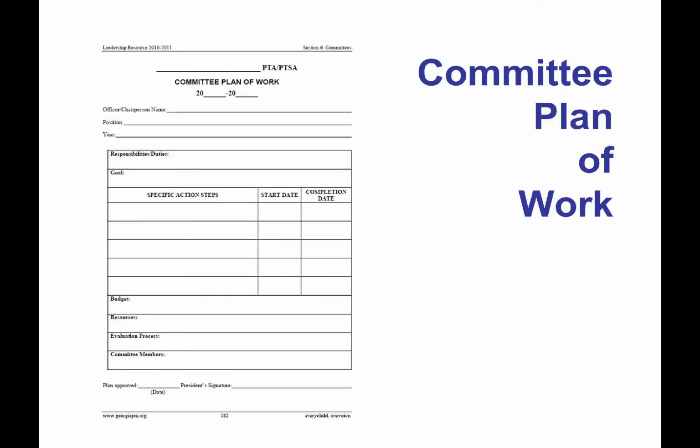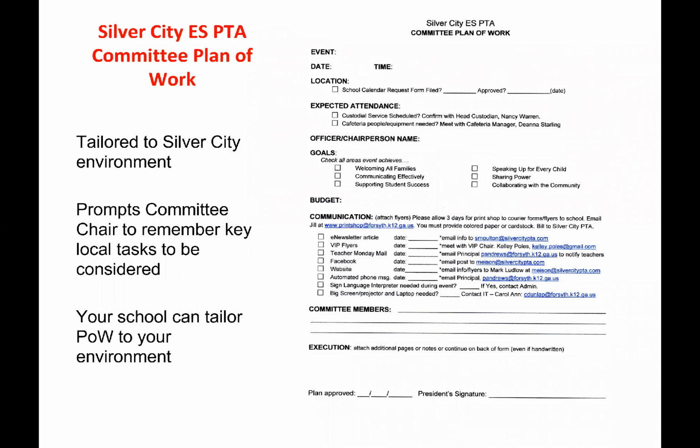Now, on the screen, you will see the committee plan of work. This is in the leadership resource guide. You can also go to georgiapta.org and look under forms and get a copy. But I suggest that you make certain that every committee chair has a copy of this form, and make it a requirement that it needs to be completed. They can fill out as much as they know, and then fill out the rest as they go. So this form is very, very helpful with planning your events